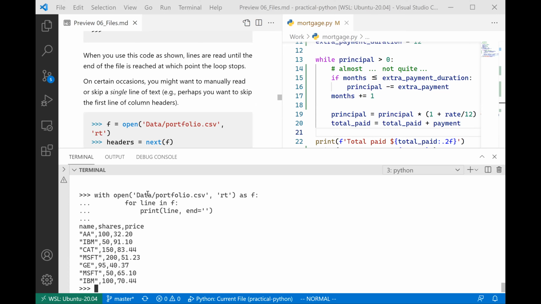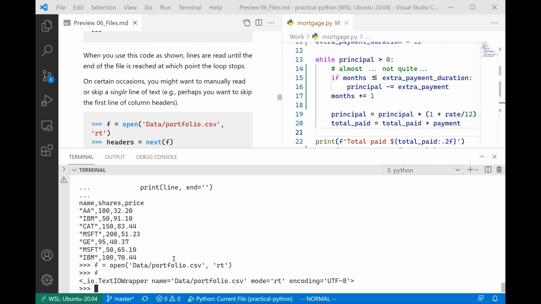Now, the way that it works is when you do a for, inside, there's this idea of a next. Let me be clear. I'm going to open up this file, open data/portfolio.csv as reading and as text. So I said this is a pointer or something that represents the file. You can read the entire thing in one go, but we're not going to do that. What we're going to do is use the function next. So what next does is it extracts the first line represented